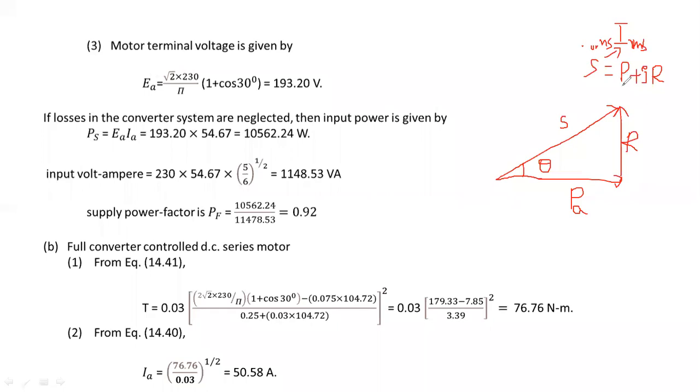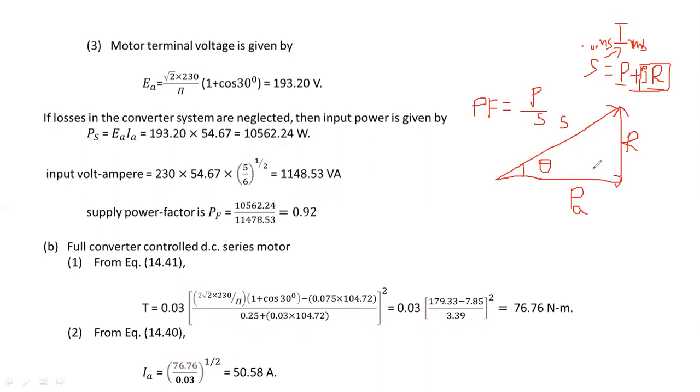Then how will we get the active power and reactive power? Here we need not calculate the reactive power, because in order to calculate the power factor, we only need two parameters. Power factor is active power by apparent power